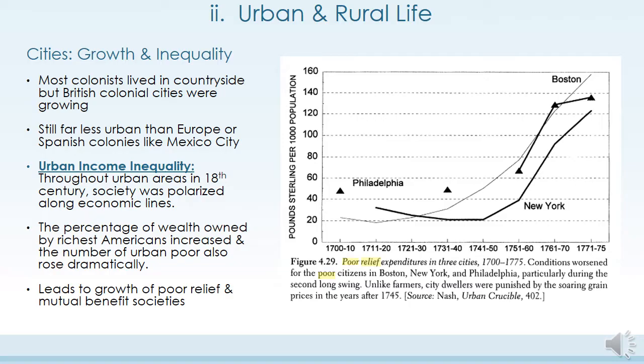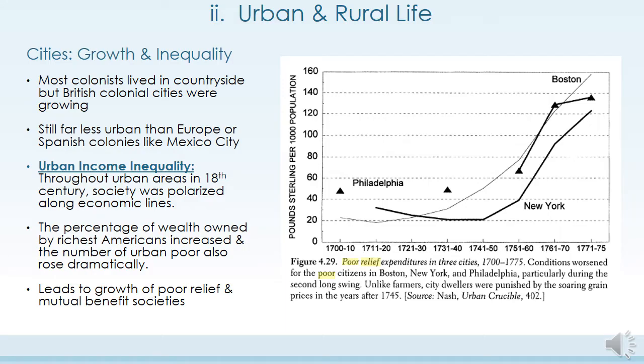But the growth rates of the cities of colonial British America were impressive. Boston, for example, doubled in size between 1700 and 1760. Larger towns such as Albany, New York, Newport, Rhode Island, and Baltimore, Maryland became regional centers. Throughout these urban areas, 18th century society became polarized along economic lines. The percentage of wealth owned by the richest Americans increased. In Boston and Philadelphia, 5% of the population had amassed almost half of their city's wealth by the last quarter